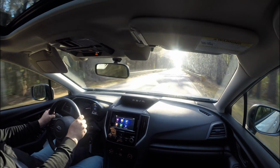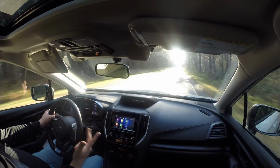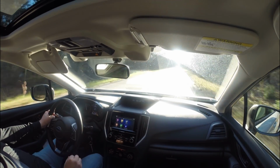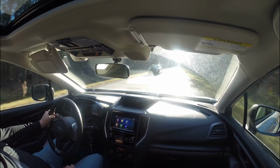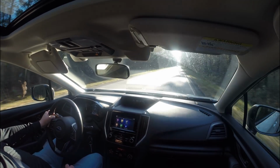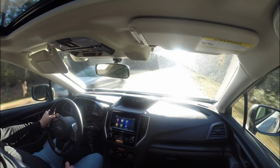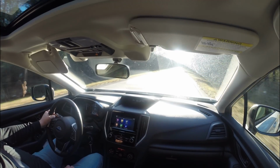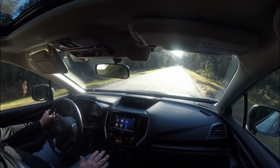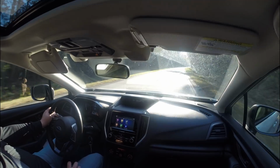Of course, for people who not just want but need all-wheel drive, ground clearance, and ridiculous fuel efficiency, there are very few other options that are as trusty and well loved as the Subaru Crosstrek and Outback. I'm a big fan of the cars, even though there's not a lot of straight line urge. You could definitely have a lot of fun around corners, as we saw, and carry pretty respectable speed through corners because of this all-wheel drive system's general lowness and the fact that it splits that power symmetrically